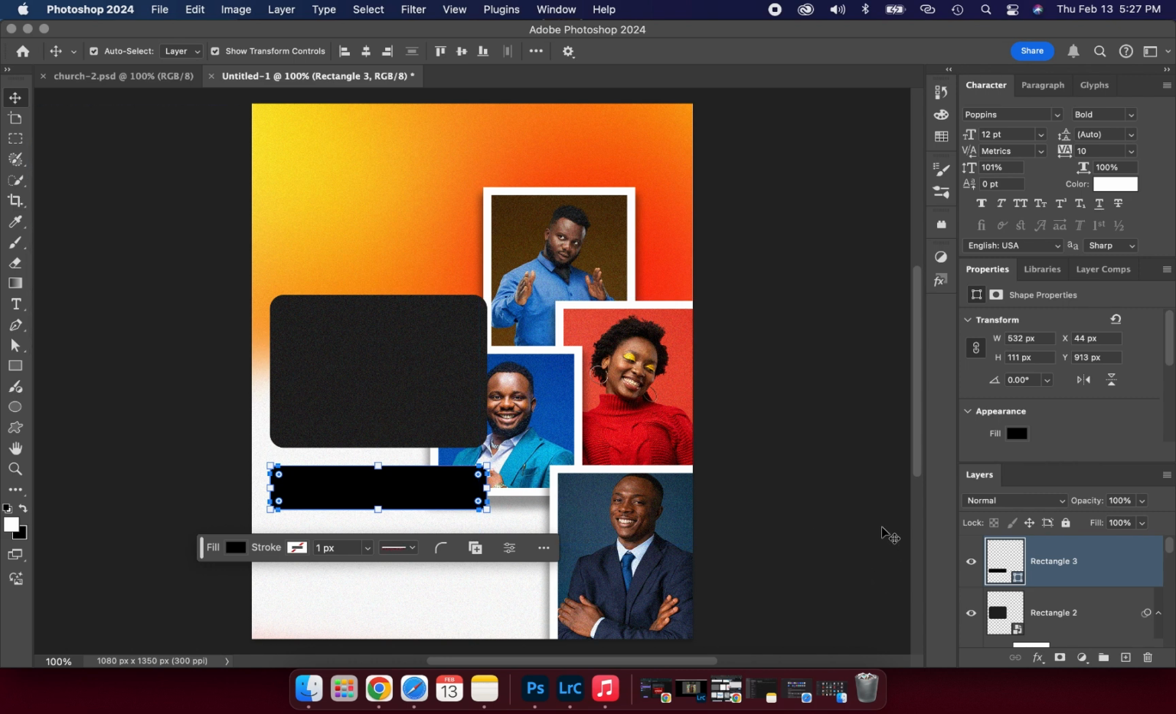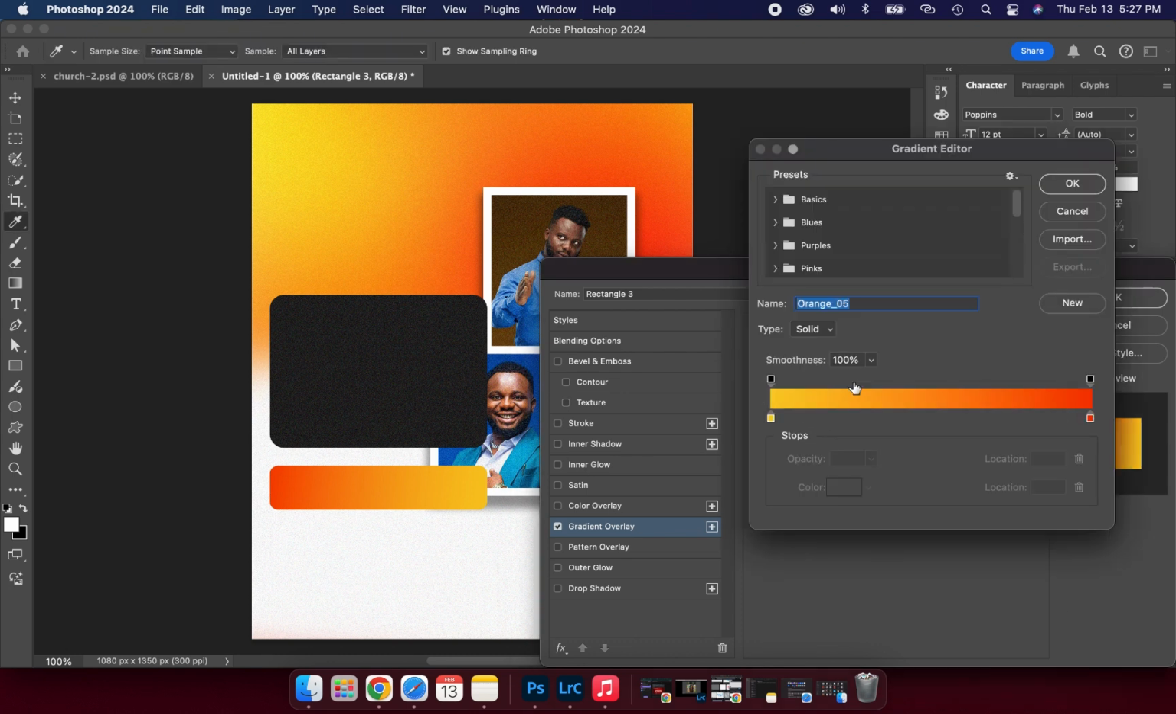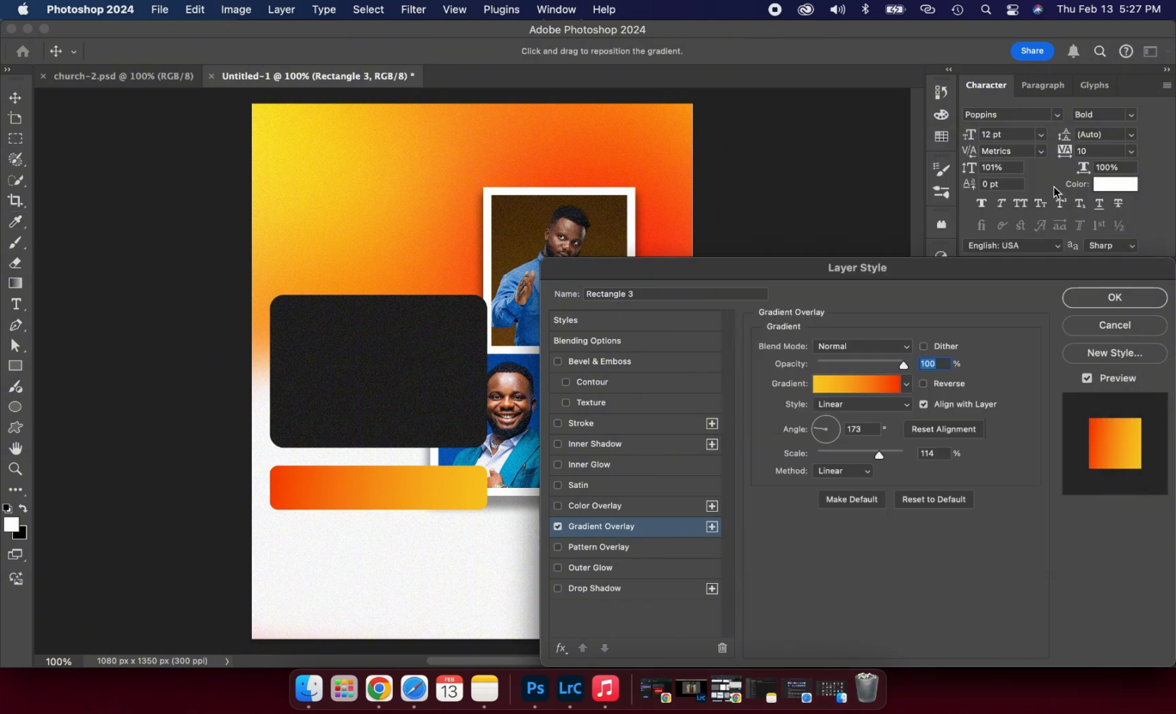So what we are going to do is change the color of this rectangle to a gradient. And to do that, we'll come to FX, scroll down a bit and click on gradient overlay. So when you click on gradient overlay, you click in the color and the preset at the top here, you scroll down to oranges, and 1, 2, 3, 4, 5, we are using the 5th preset. So you select the 5th preset and click on OK,